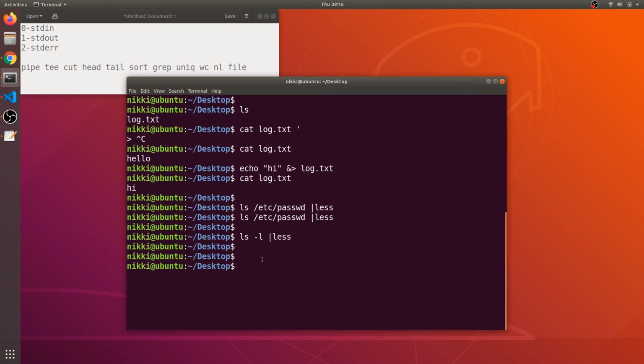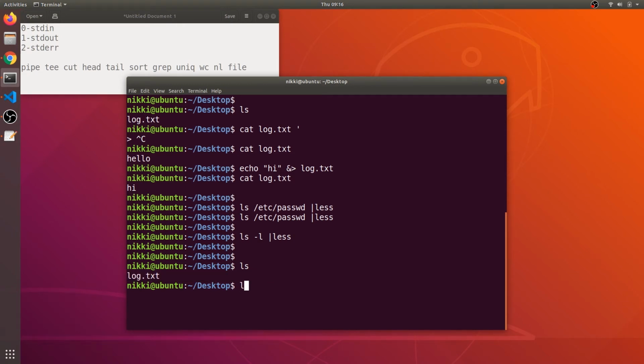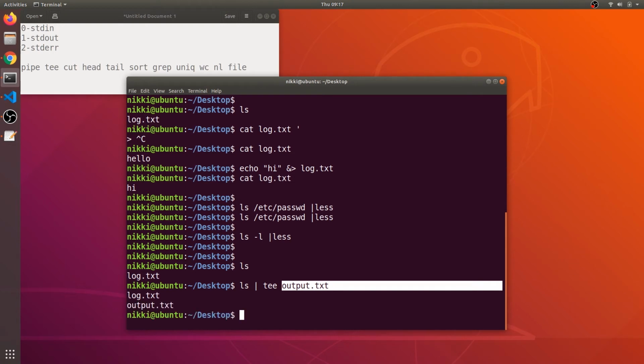And the next command we will be discussing is the tee command. If I type ls, I will get the contents of the directory, which is the rock.txt file. What if I want to see the output, and at the same time I want to store it to a file? For that purpose, I can say tee output.txt. What the tee command actually does is, it will print the output of this command and also store that output into the text file or any other file.